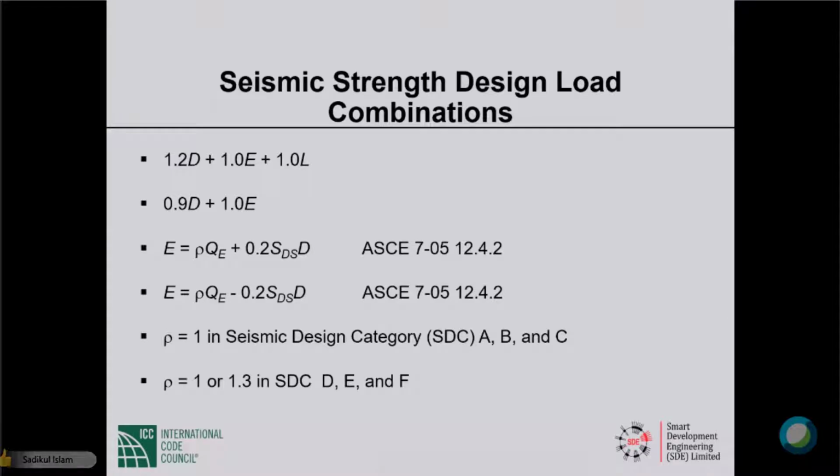Now, here in the first 2 lines, I have written the additive seismic and the counteractive seismic load combinations. Then the E, earthquake effect, is made up of 2 parts. The horizontal earthquake effect and the vertical earthquake effect. In BNBC 2020, it is E sub H and E sub V. E sub H, E sub V. In ASCE 7-05, E sub H is Q sub E,